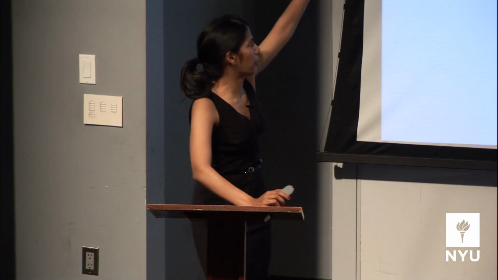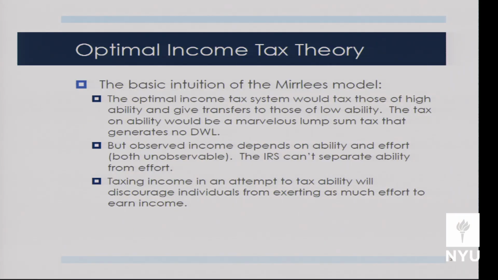Second, there's this thing called the Mirrlees Model. The Mirrlees Model has a very simple conclusion: suppose we have 2 kinds of people, high ability people and low ability people. We want to create a tax system where we tax the high ability and use that revenue to make transfers to the low ability. In fact, the model concludes that the optimal kind of tax is a, hey, you're high ability, you owe the government money kind of tax. It doesn't depend on what your labor supply is or what your income is. If you're high ability, you pay a flat tax, regardless of what you do with your time. It's called a lump sum tax.